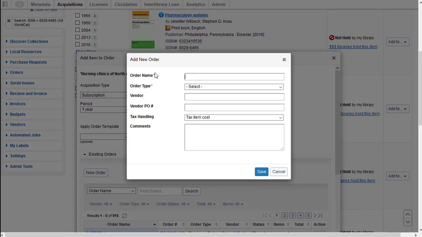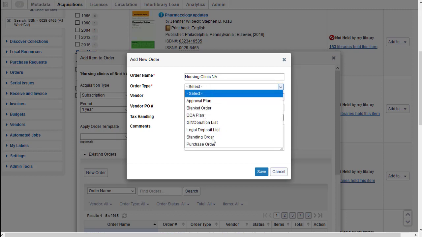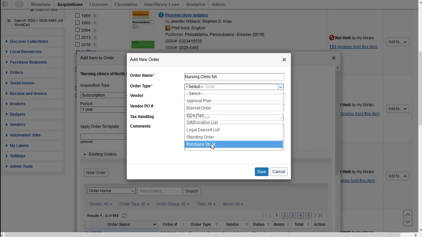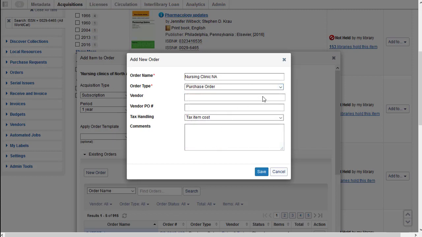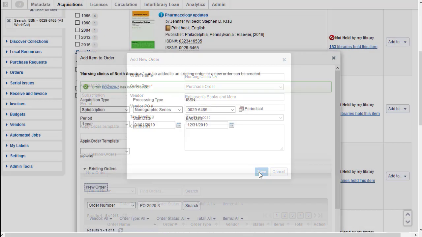So on the Add New Order screen, I'm going to give my order a name. I'm just going to call it an abbreviated name of the series, the Nursing Clinic NA. For order type, I'll open the drop down and this is going to be a purchase order. For the vendor, I'm going to type the first couple letters and then I'm going to select Robinson's Books and More when it appears in the drop down, and then I'm going to click on Save to save my new